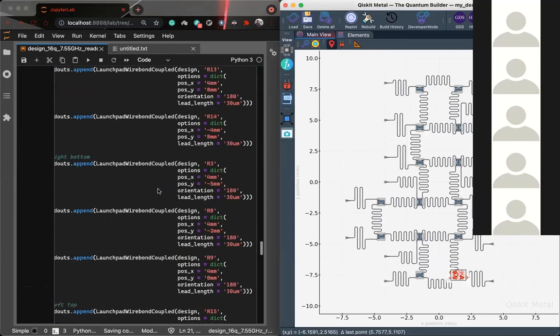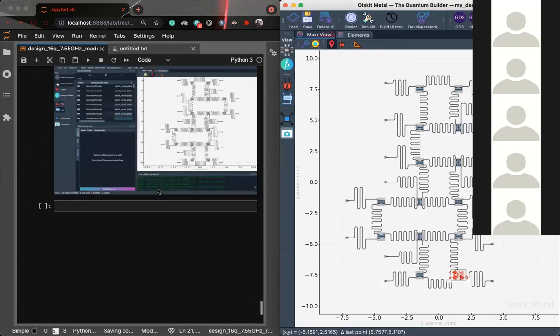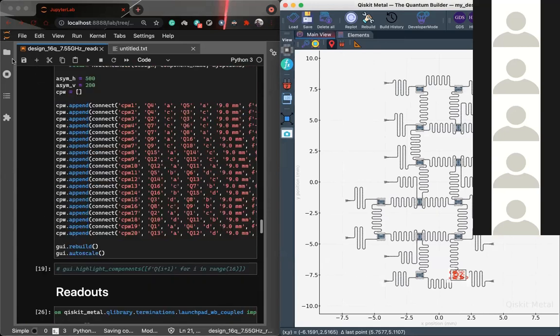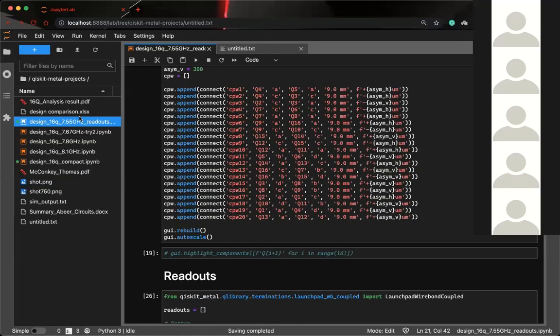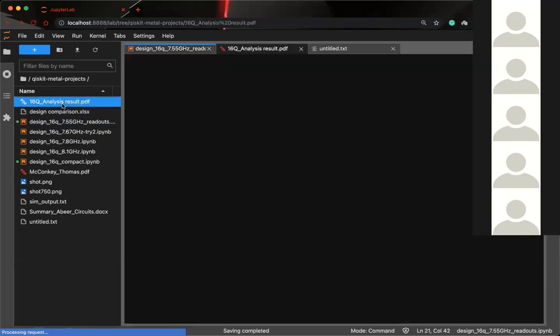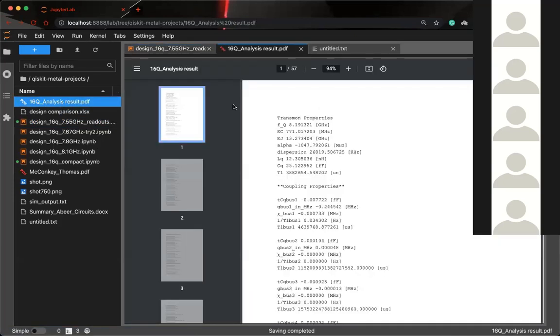Okay, and yeah, so this is how you can create a design, and just quickly I'll also show what kind of output you can get from the analysis, and then I'll pass it on to Nilay for talking about analysis. So when you do the analysis, so let's say I do the Q3D analysis, that is the finite element analysis, I'll get something like this.